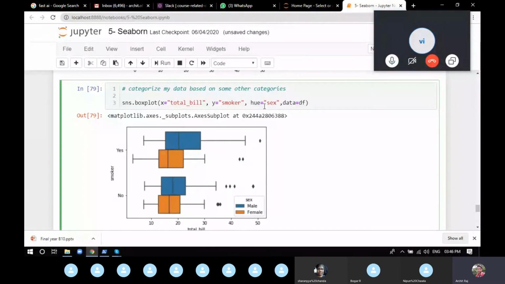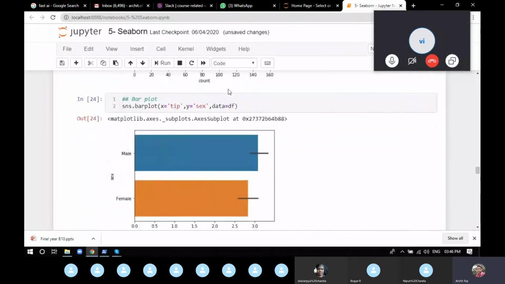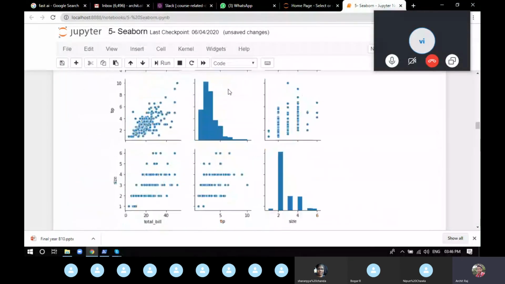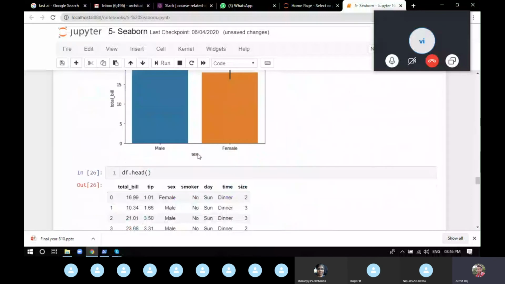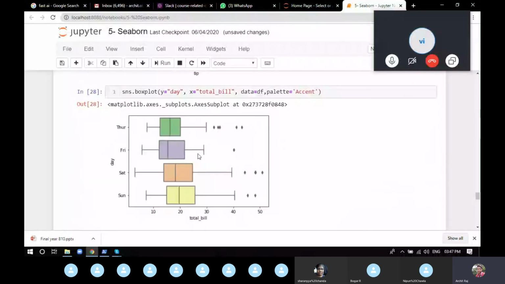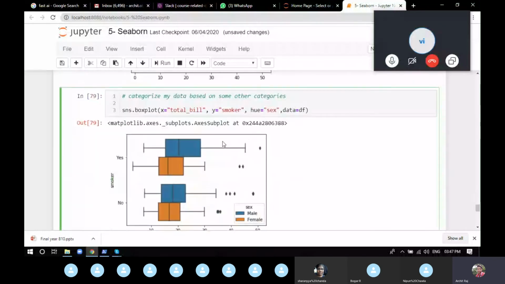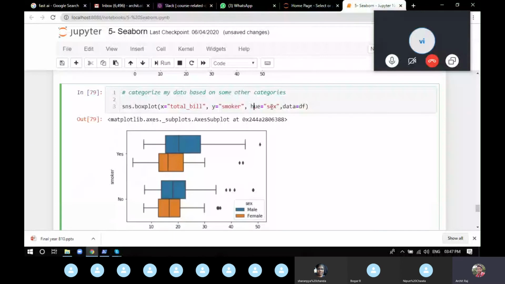What hue does is exactly the thing that happens in pair plot; it's going to happen in box plot. For each and every value of the categorical data that you're providing, it's going to make a different box plot. You can see hue is sex, the same thing that we have provided. We can see smoker because we have provided y as smoker, so we'll have two charts, smoker as yes and smoker as no.